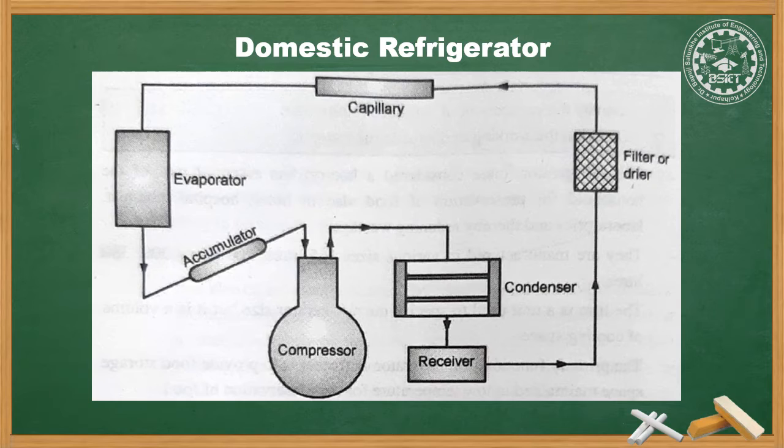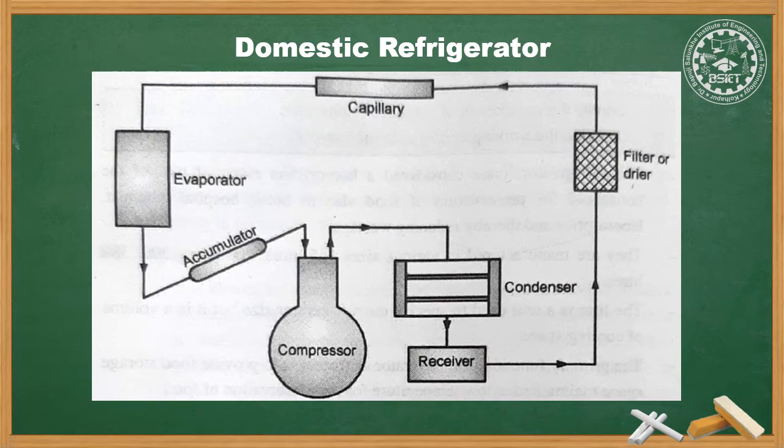The domestic refrigerator uses the refrigerant known as Freon 12, that is R12. The evaporator in a domestic refrigerator is formed as a box and serves as a freezer for the storage of frozen food as well as for making ice cubes. That is, the freezer in the refrigerator is nothing but the evaporator. It is mounted above the general food storage space. The evaporator is held at a temperature of around minus 18 degrees Celsius.